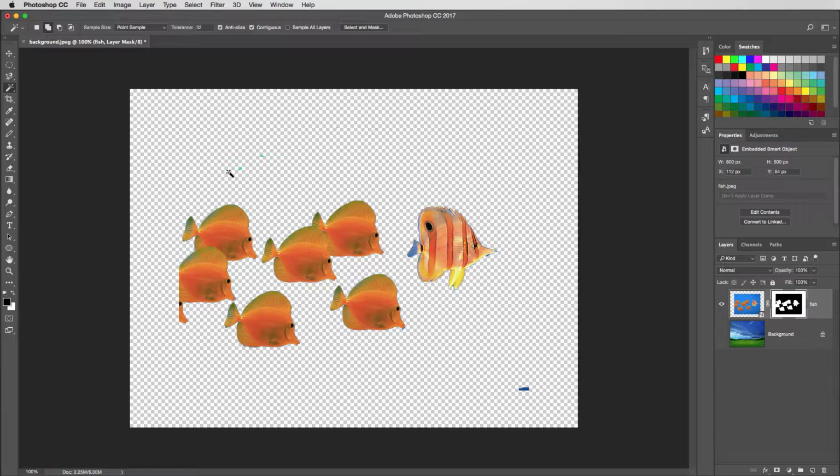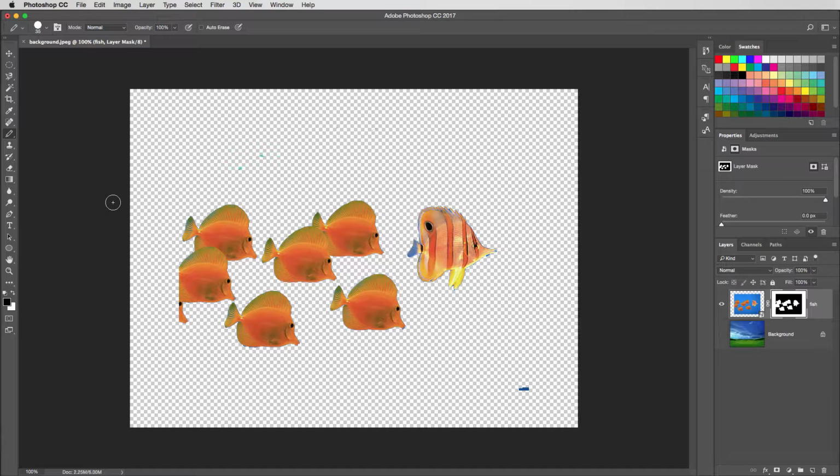Probably the easiest way to do that would be to paint directly onto the layer mask. I want to make sure that the layer mask is selected. It has these little white lines around the outside of it, as opposed to, for example, this. If I were to start painting now, I would paint over my fish, and you can see that this layer is selected because it has these little white lines around it. So I'm going to make sure that this layer is selected with the little white lines around it. And I'll grab my brush tool,